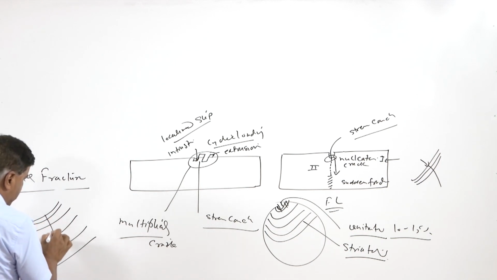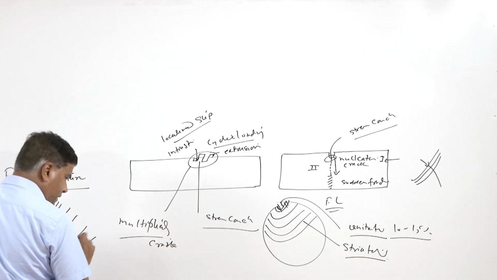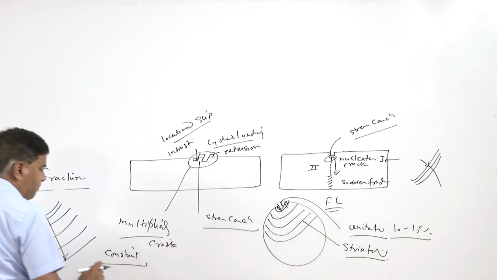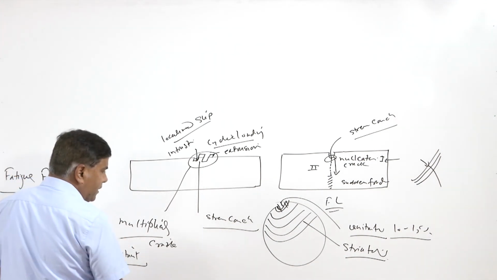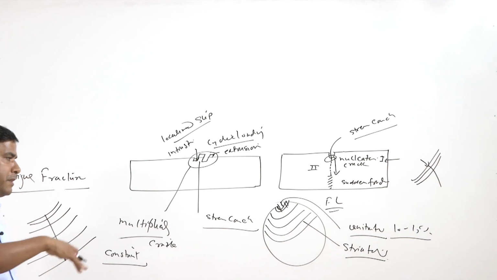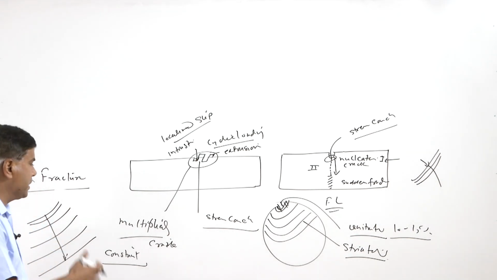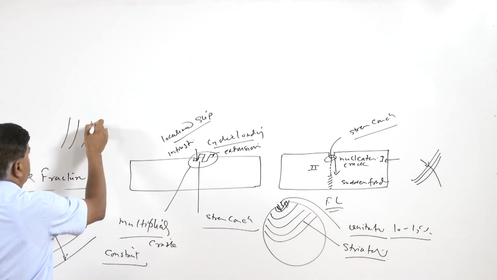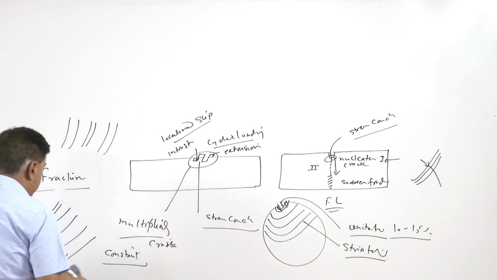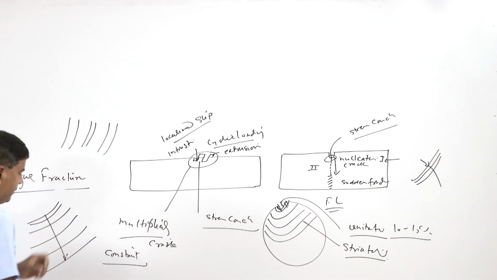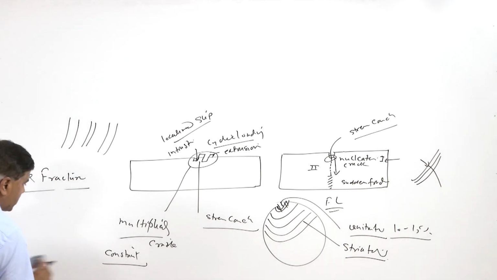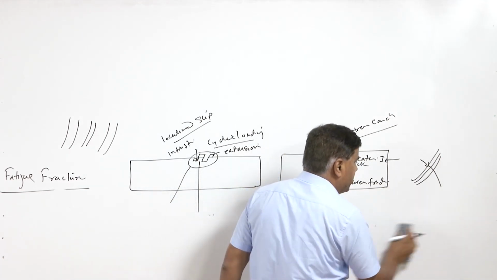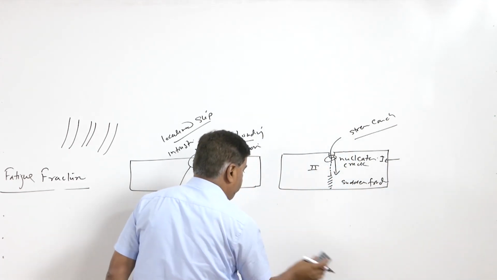So here the spacing will keep on increasing. This happens even when the load fluctuation or the stress amplitude is constant, but this can also happen when the load is fluctuating, when the maximum magnitude of the tensile load especially is varying significantly. In that case we find a lot of variation in the spacing between the striations. So over a narrow zone, if the variation in the spacing between the striations is large, that can indicate the possibility of fluctuating load conditions instead of